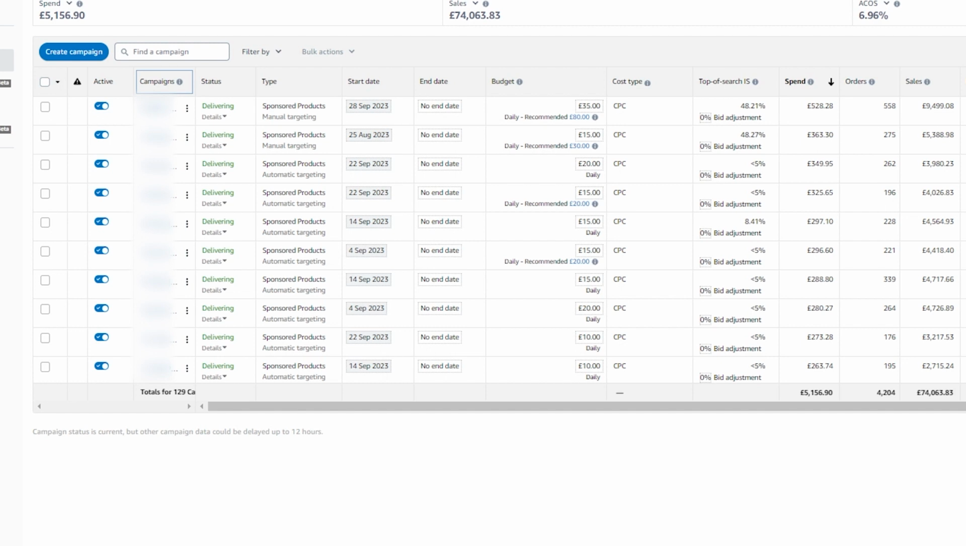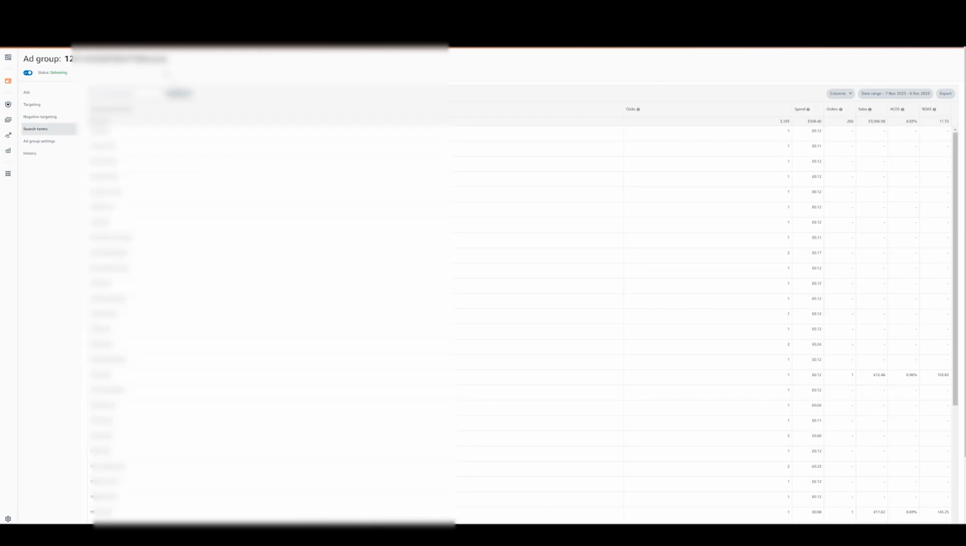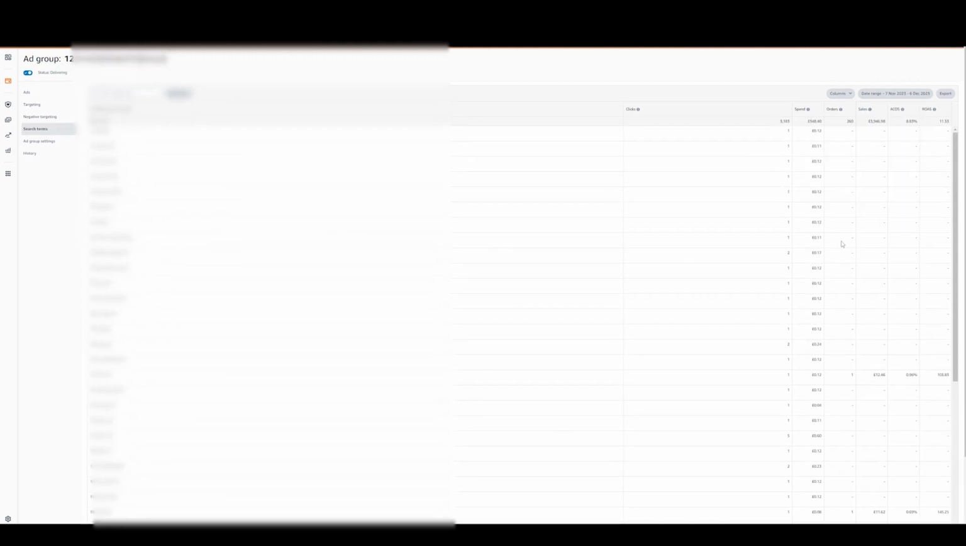Once it's spent a bit of money, you're going to get some data, and from the data we're going to be able to analyze it. So I'm going to show you in one of these campaigns here. So I'm going to show you this one. So after a few days and some money spent, you want to go into this search terms section, and really what you want to do is you want to figure out what a good ROAS is for you, and you basically want to go through all of these,